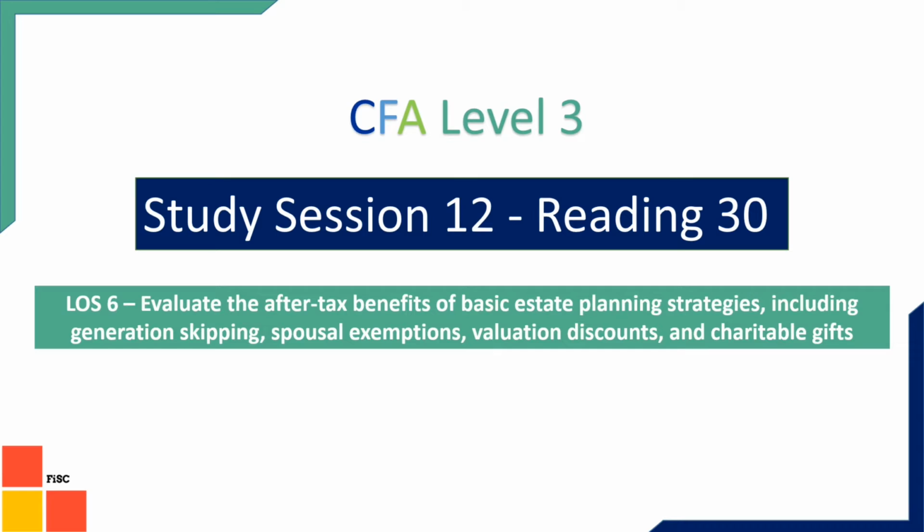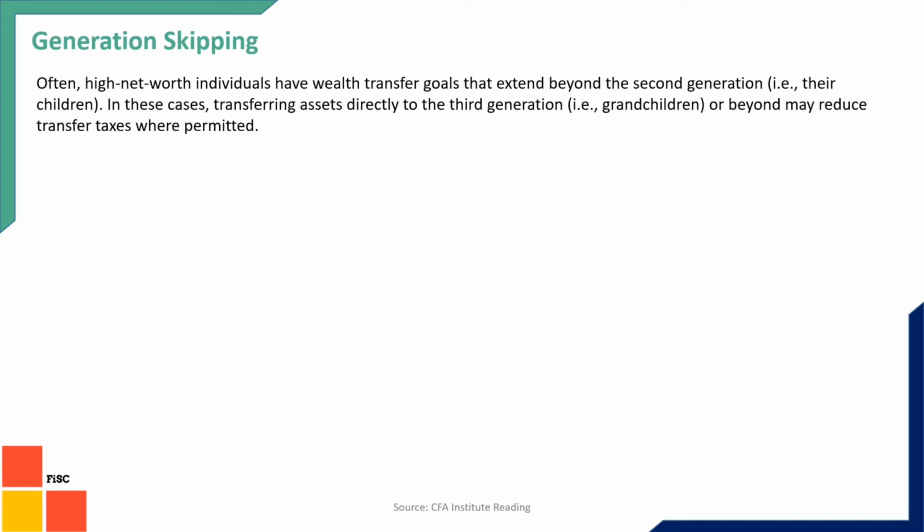Today we are going to discuss LOS 6 of reading number 30, CFA level 3. Here we will study different estate planning techniques. One of them is generation skipping. Generation skipping means if you want to give something to a third generation, that means your grandson or granddaughter, it